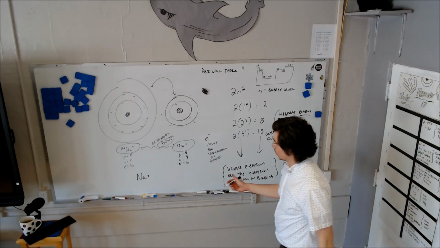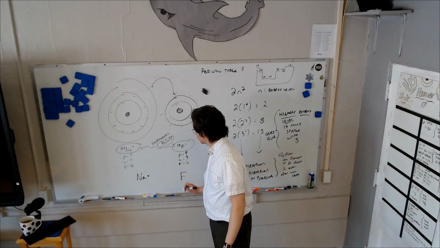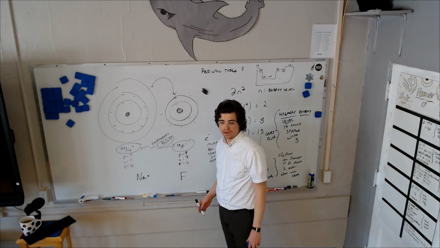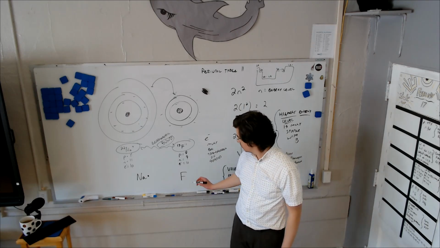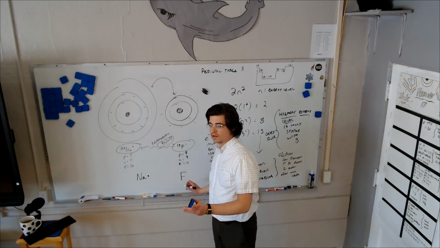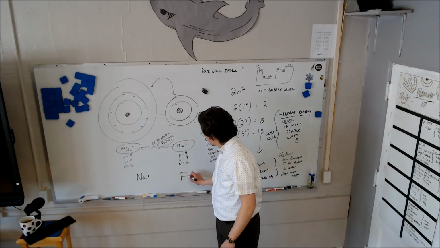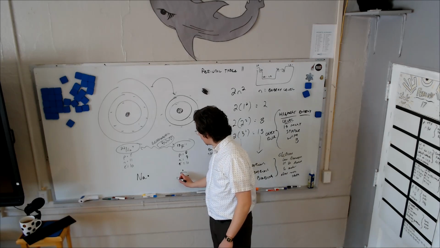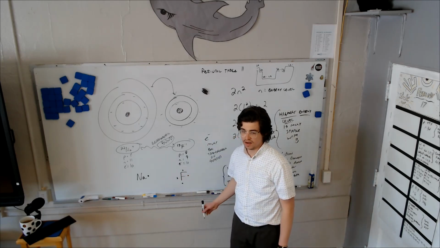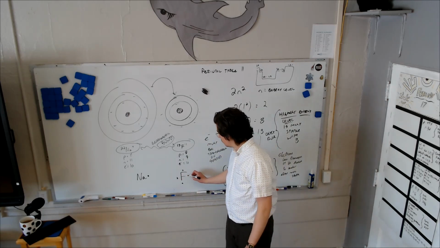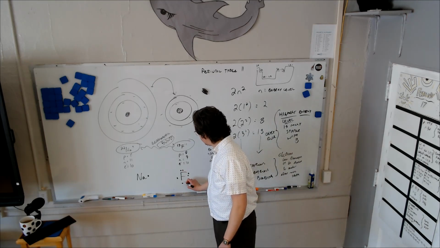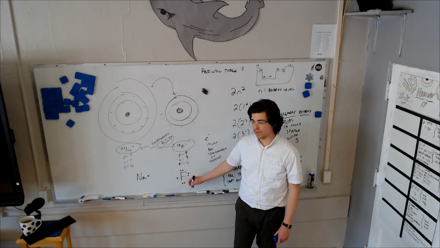So how many would fluorine have? How would I draw the electron dot diagram for fluorine? F, because that's its symbol, and then how many? 7. Now be careful. What we do is, check this out, Kyler. We put 1 on each side before we put 2 on it. We're going to have 7 altogether. We have to have all of them with 1 before any of them can have 2.